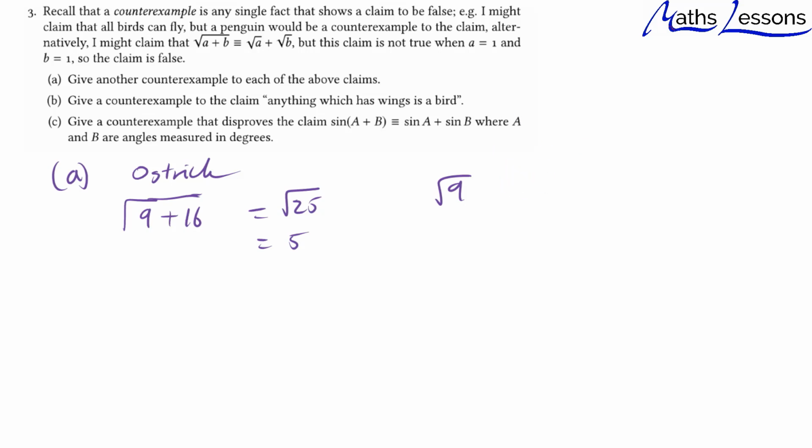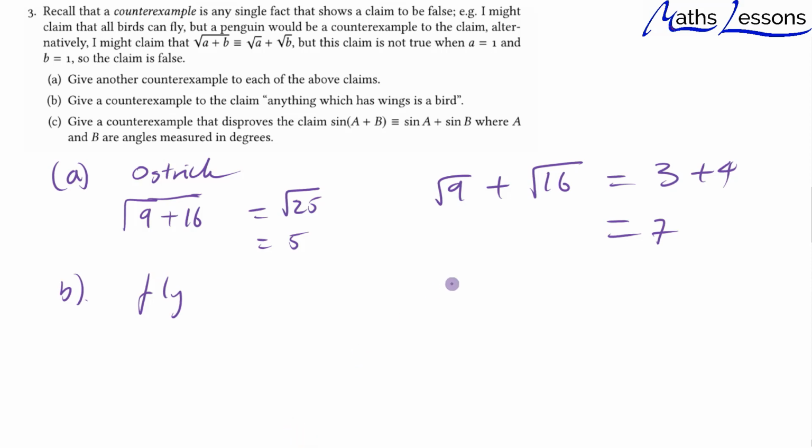Square root of 9 plus the square root of 16 is equal to 3 plus 4, which equals 7. So we can clearly see that this is not equal to this, so it must be false. Now we're going to give a counterexample to the claim that anything which has wings is a bird. Well, we could have a fly, a wasp, a bee, all sorts of insects would fit